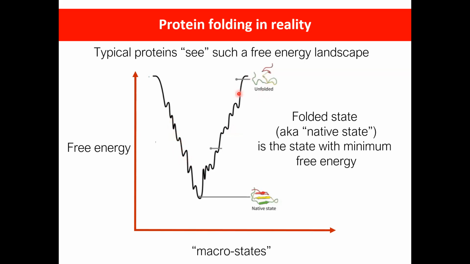But when the protein is in its native state, or when it is completely folded, it is always found in its global minimum. So this is the typical free energy landscape which exists for protein folding. And because of the shape of this curve, this is also called the folding funnel. All right,